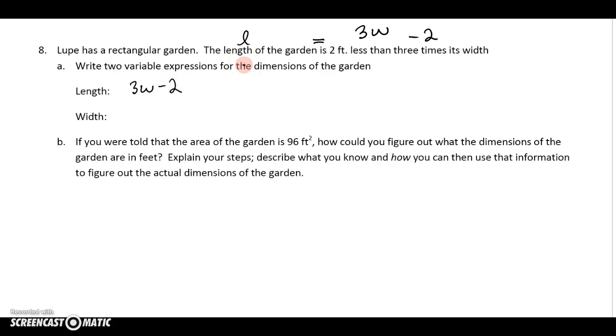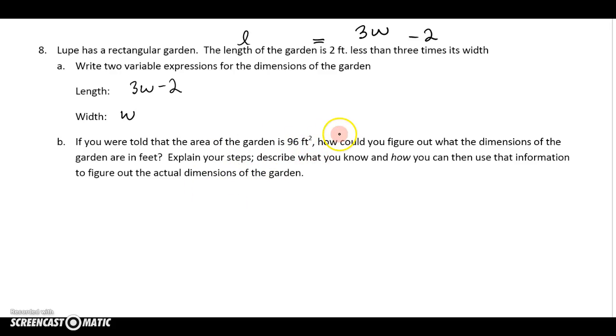All right, cool. So how long is the width? Well, the width is W for width. How convenient is that? All right, cool. So that's what we have. You could also use x here, 3x minus 2 and W equals x. That also works. All right, so if you were told that the area of the garden is 96 feet squared,